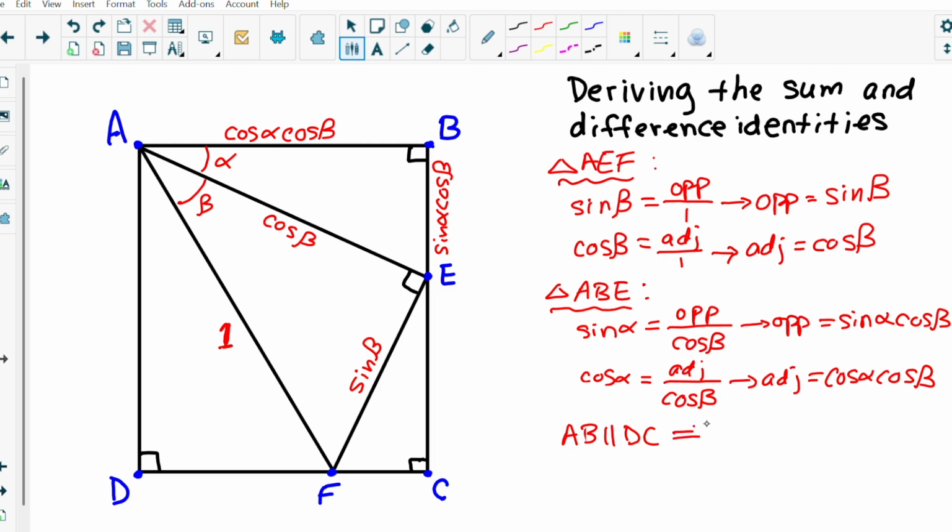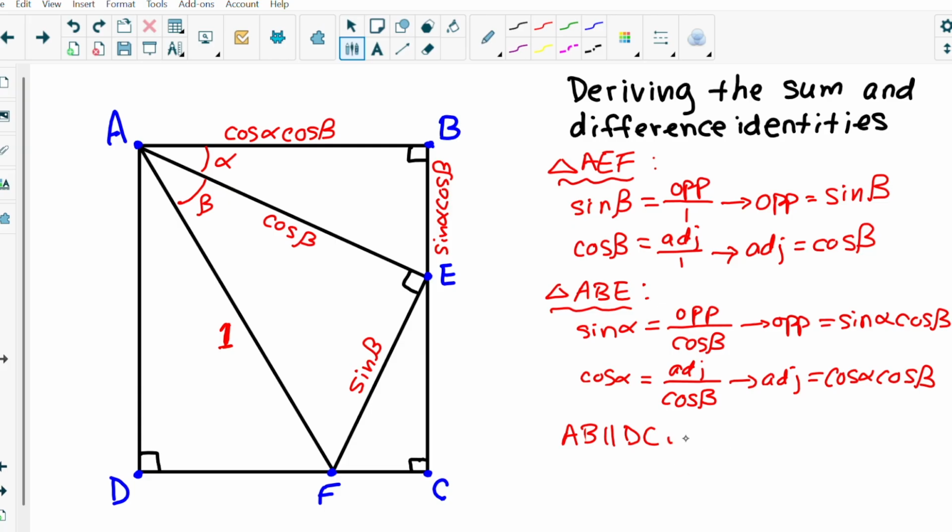Therefore, what does that tell me about angles? If I have a transversal that cuts across two parallel lines, they will form alternate interior angles that are equal. So AB is parallel to DC,